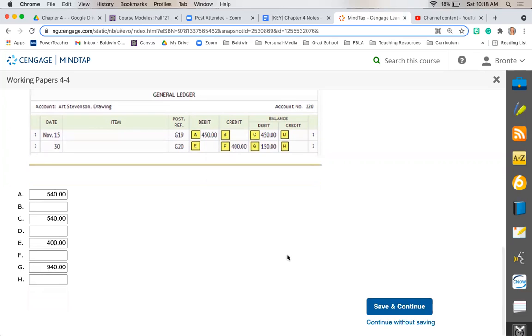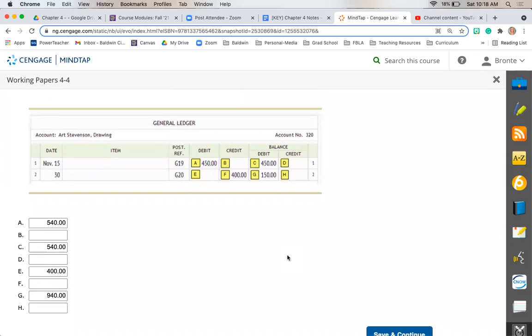Okay. That is 4.4, just making correcting entries. Make sure you do that on your own, and if there are any terms